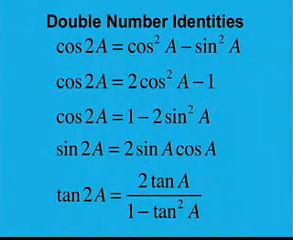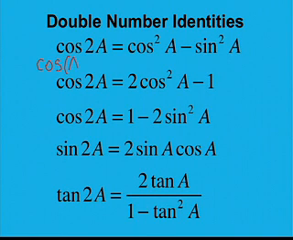Let's start with the definitions for the double number identities. Cosine of 2a is equal to cosine squared a minus sine squared a, which also can be written as 2 cosine squared a minus 1, but it also can be written as 1 minus 2 sine squared a. Now, the way that we get cosine 2a is to think about the cosine